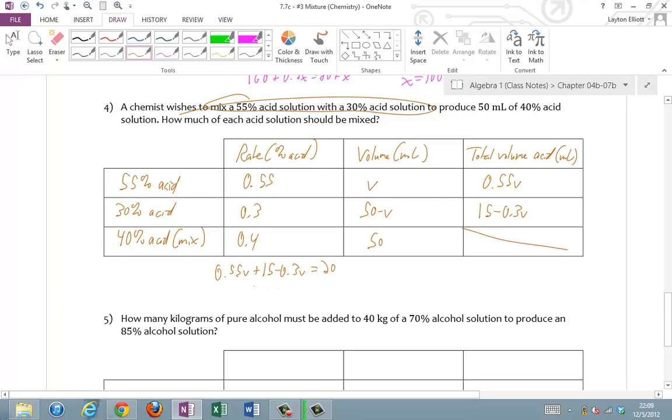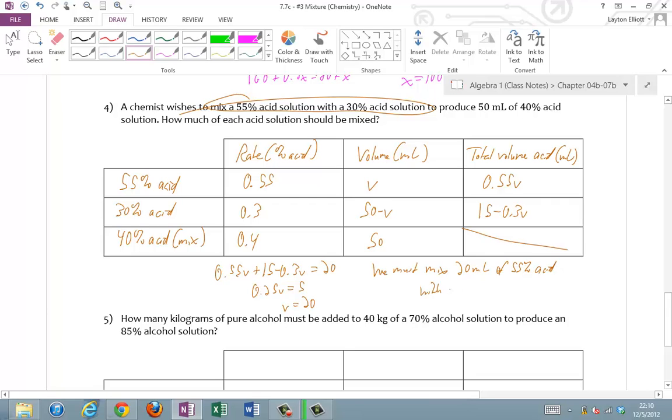Simplify the left and I get 0.25 V. Subtract 15 and I get 5. Multiply both sides by 4 and I get V is equal to 20. So we must mix 20 milliliters of 55% acid